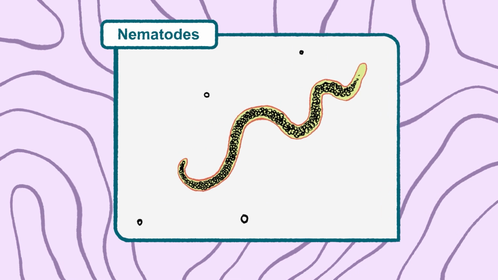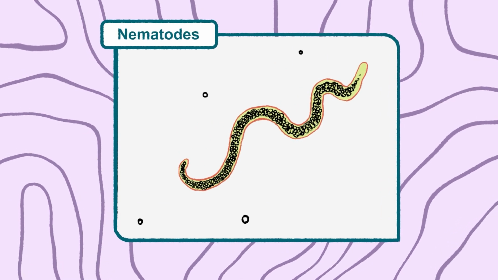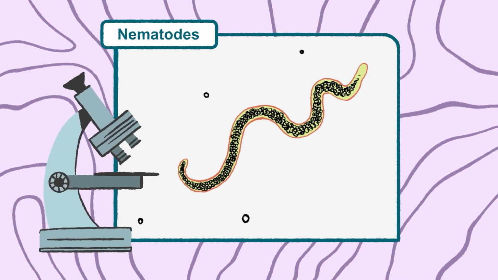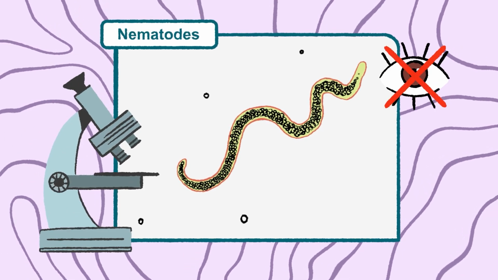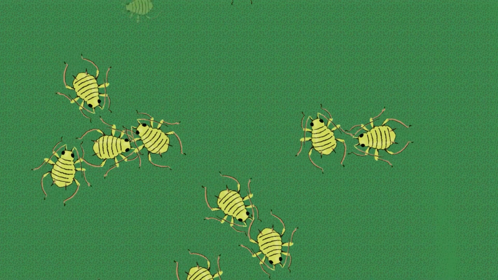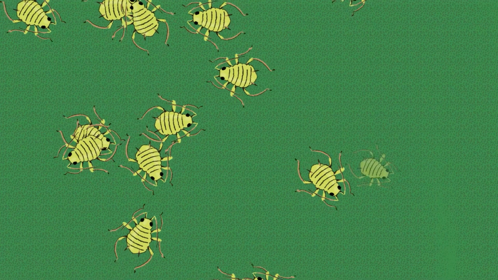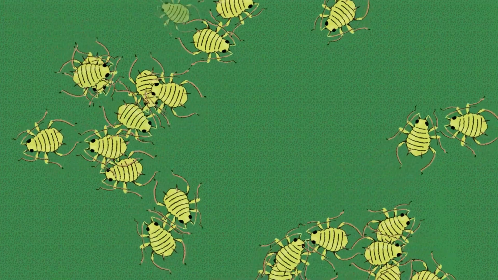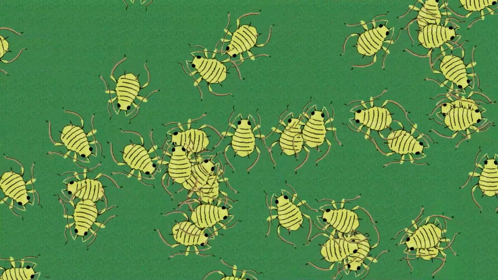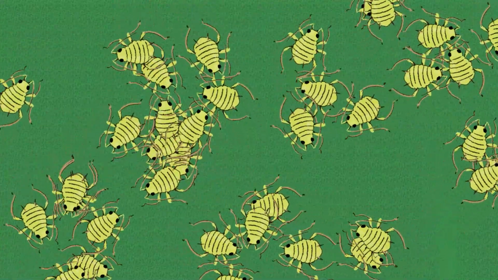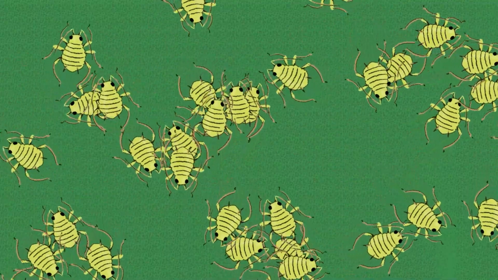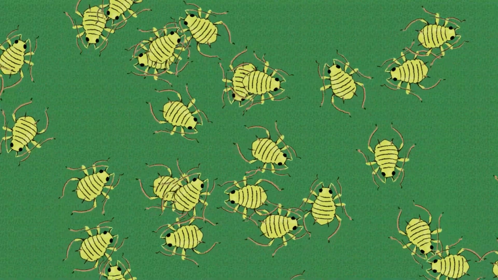On the other hand, nematodes can also damage plants by infecting the roots and feeding on sap. They are microscopic soil pests, so they are invisible to the naked eye. It should be noted that some insects can be invasive, that is, they reproduce very quickly and can cause significant damage. An invasive species is a plant or animal species which settles voluntarily or not and develops outside its environment